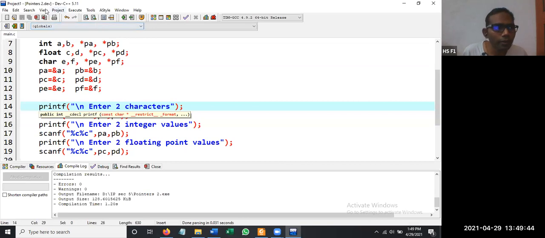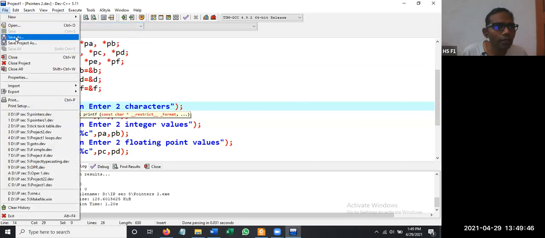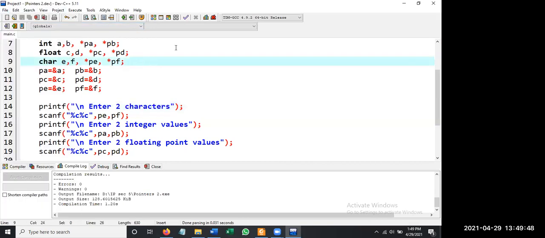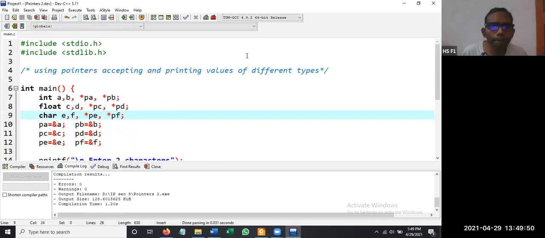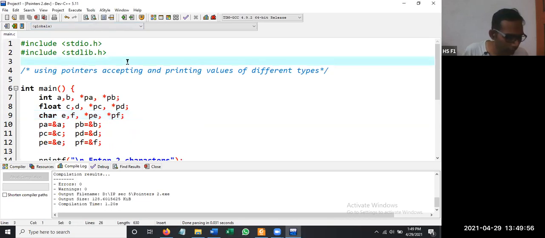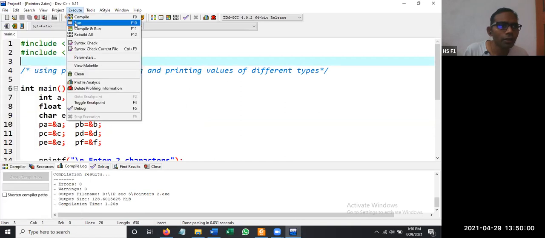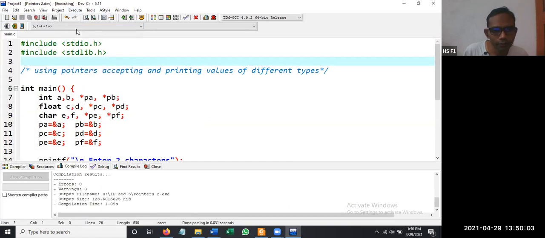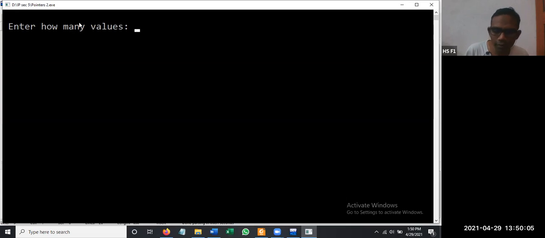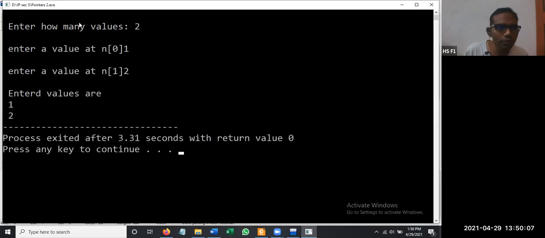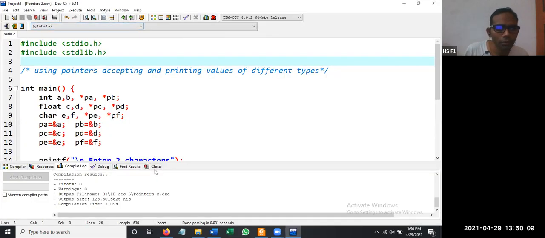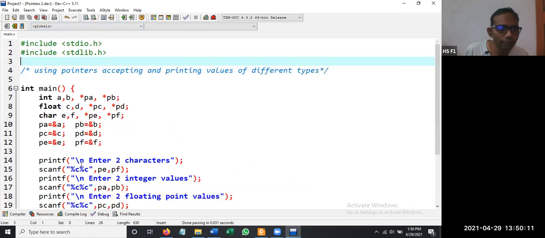What is happening? Execute, compile and run. Enter how many values? 2 values. 1, 2. It is showing the output of some other program.